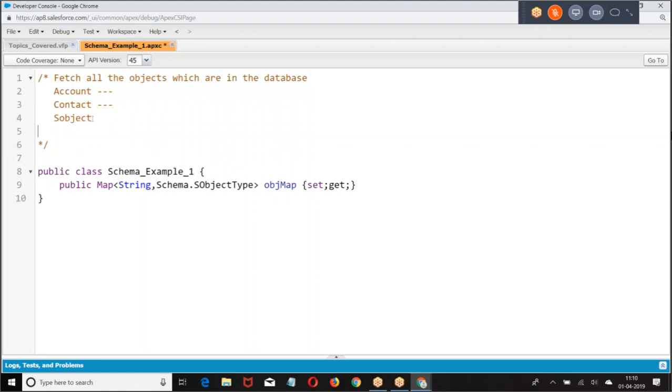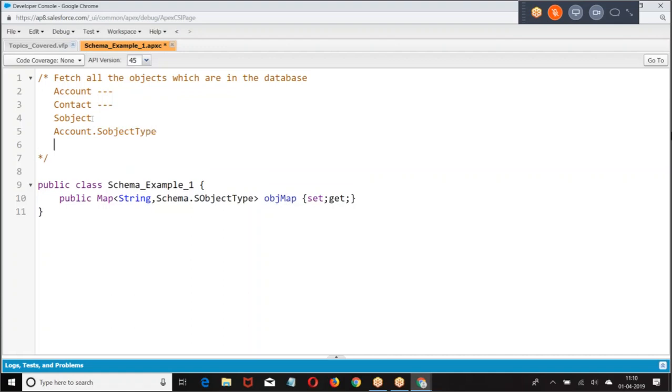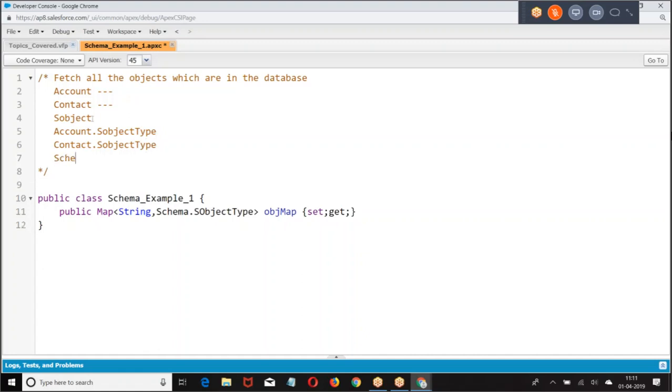Similarly, if you know it is an Account, Account.sObject. If you know it's a Contact, Contact.sObject.